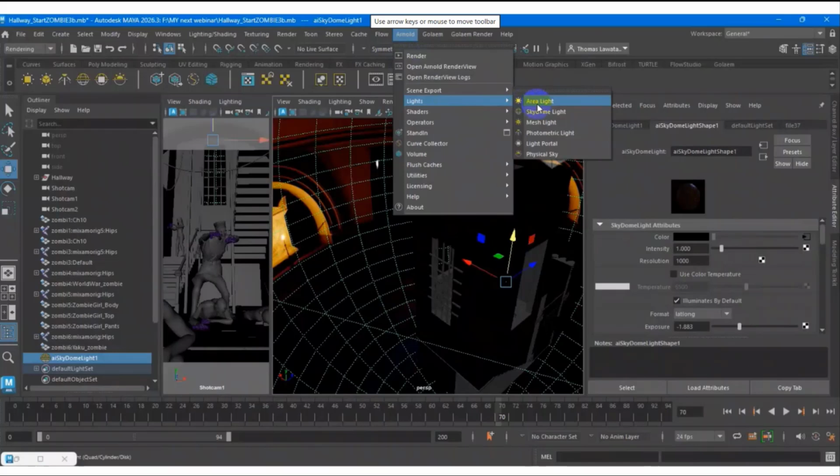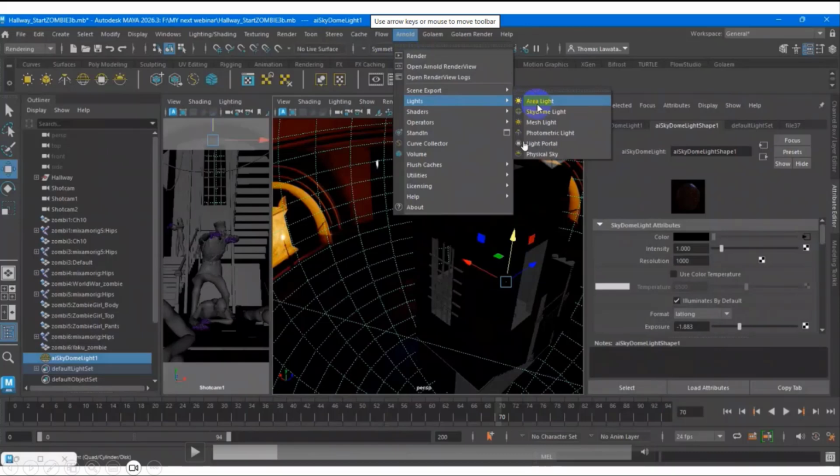Previously, before the AI denoiser features in Arnold, to avoid or decrease the noise in your scenes, you could put what they call the light portal. Sometimes people ask me, why use the light portal?